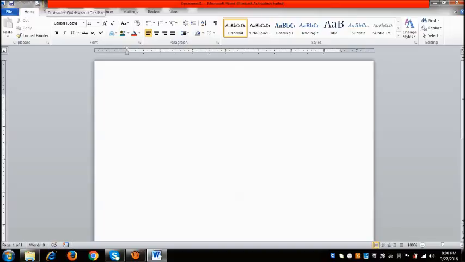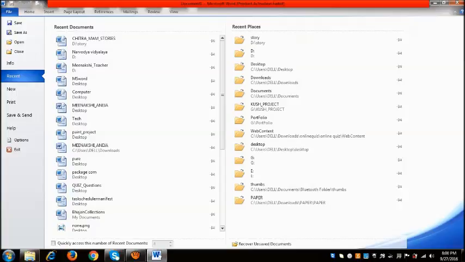Okay, now let's start with the File tab. Look, here we have the screen of the File tab. The File tab is used to open the Backstage view. Now what is the Backstage view? It was introduced in Word 2010, and it acts as a central place for managing documents. As you see, we have the options Save As, Open, Close, Info, Recent, New, Print.